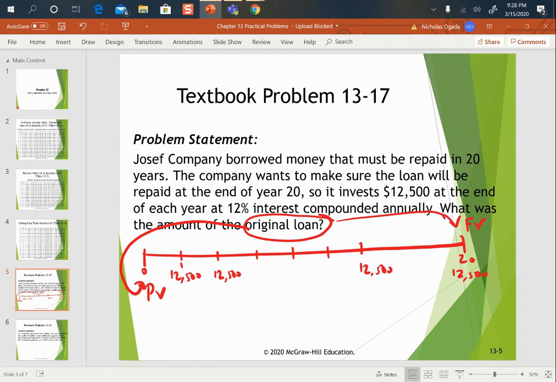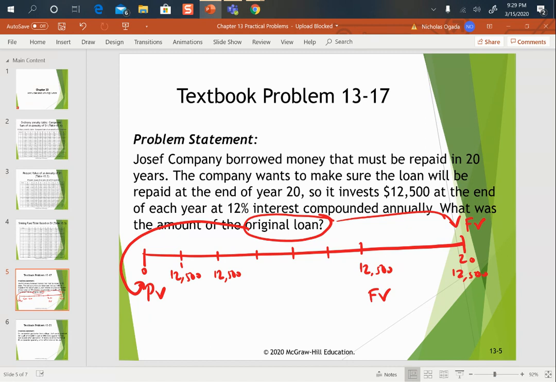So to look at the future value only, let's say this is the future value, the accumulation. How much do you need to accumulate by the 20th year so that you can pay off this loan? In that case, what we are looking at is the future value of annuity payments. So the future value of the annuity payments, all these payments, 12,500 each year for 20 years at 12%, and